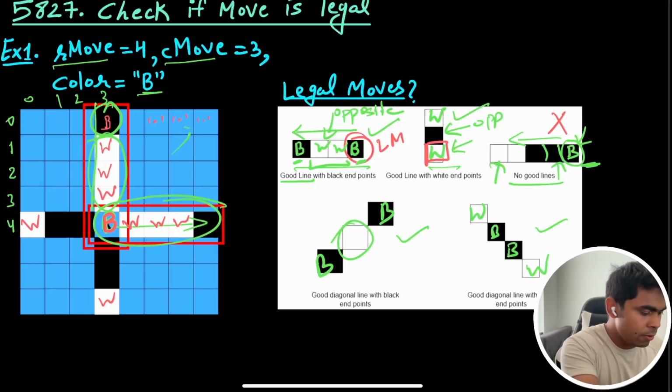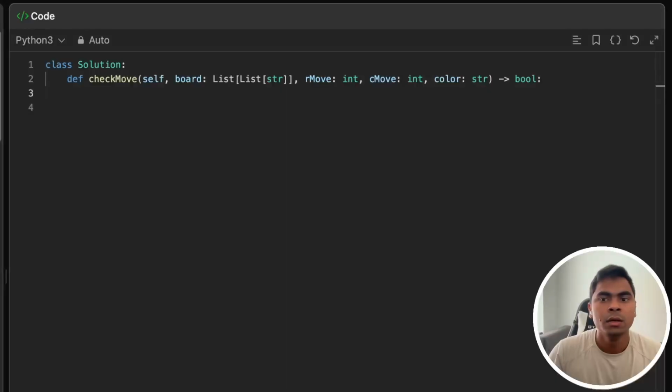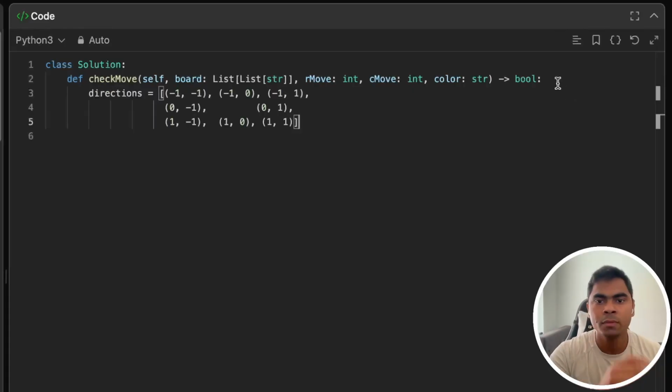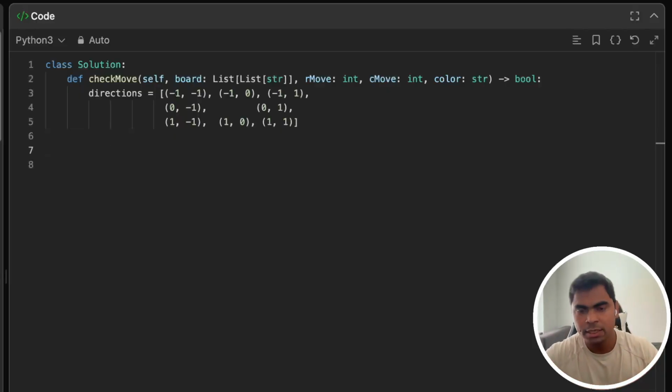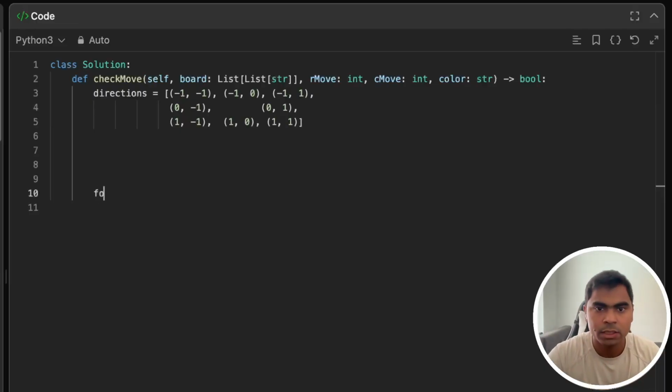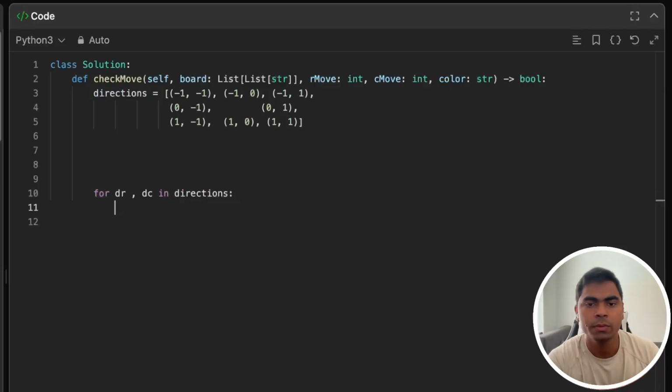All right, so now let's write the code. Okay, so let's declare our directions that we will be visiting. So I have written it right here. Then we are going to implement this function. First, we'll come back to it. Let's visit all the directions. So dr and dc in directions. So we're gonna go over all the directions, and then we are going to send these to basically check if